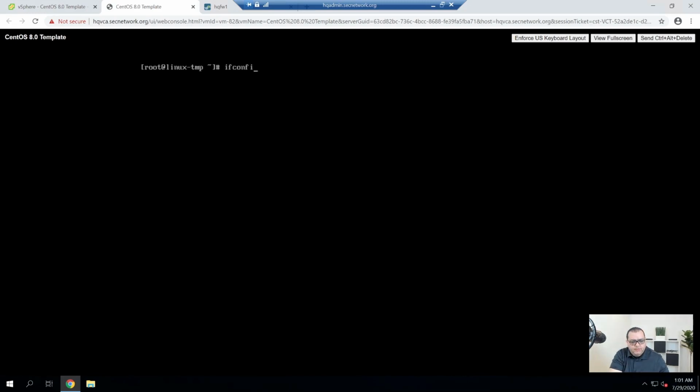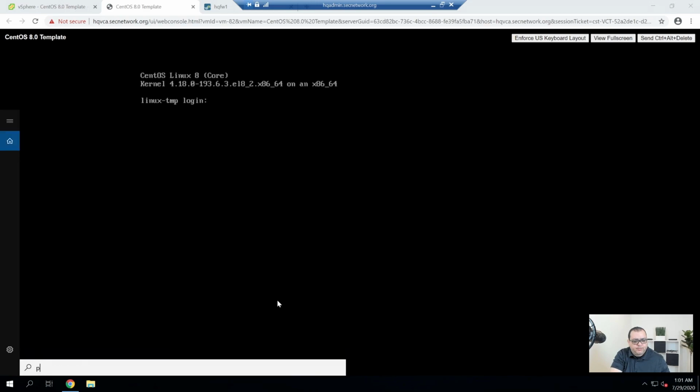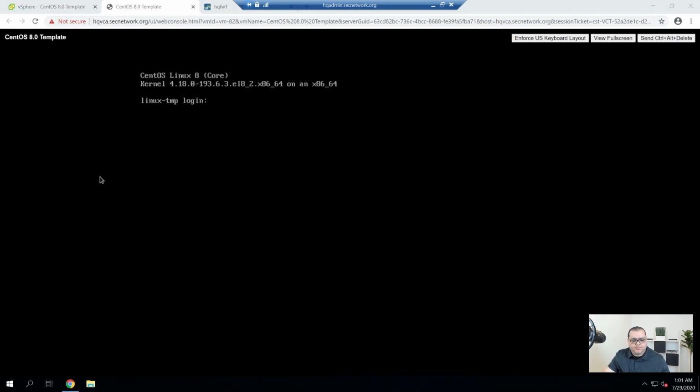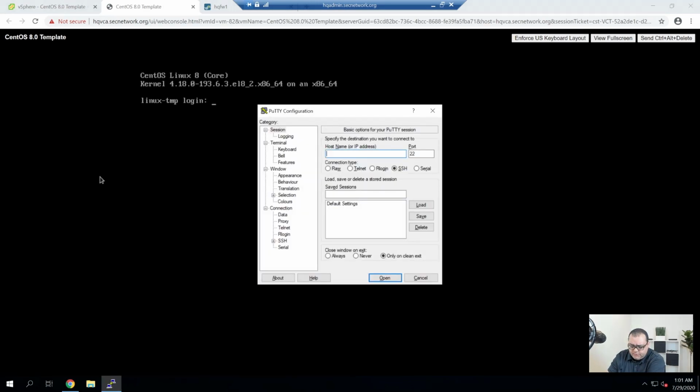So what I'm going to do is reset the username and password to the root account and the local admin account. But I'm going to SSH into the box to do that. So I'm going to open up PuTTY. And then I'm going to SSH to 10.0.51.242.